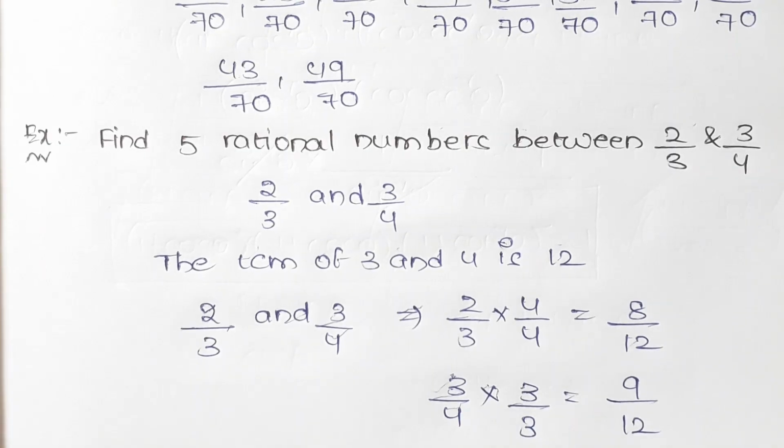Now the denominators are equated, and we can easily find the rational numbers between the given two rational numbers. Once the denominators are equated, the same rules apply for finding the rational numbers between two rational numbers having the same denominator, as seen previously. And now let us see another one.